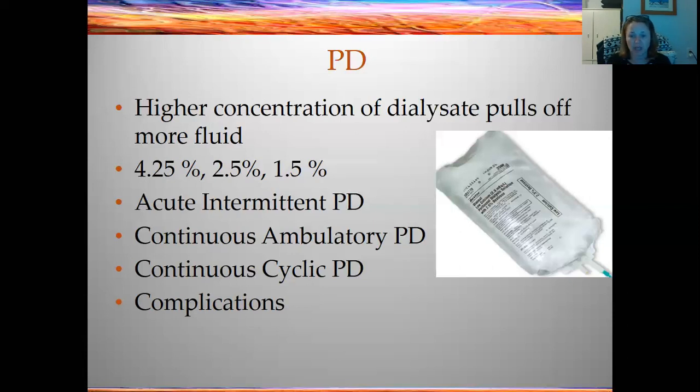And then the continuous cyclic uses a machine called a cycler to provide those exchanges. That machine will use overnight intermittent peritoneal dialysis with a longer dwell time during the day. So the catheter is connected to a cycler machine every evening, usually just before the patient goes to bed at night. And so then the patient sleeps, and they use extra long tubing so the patient can move around, and it will cycle them at night. So they'll have a long dwell time during the day, and then they'll go through multiple exchanges at night while